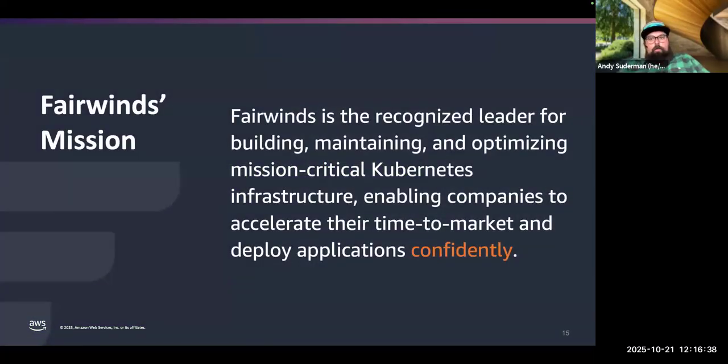Awesome. Thank you, Eli. Great introduction there, and great overview of what we're talking about and what we're excited about here at Fairwinds. Fairwinds is a Kubernetes company. If you take one thing away about what we do, it is 100% Kubernetes all the time. We've been doing it for about 9 years. We help medium to large companies build, maintain, and optimize their infrastructure so that they can focus on deploying their applications rather than focusing on their infrastructure,